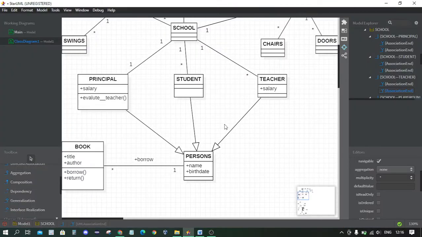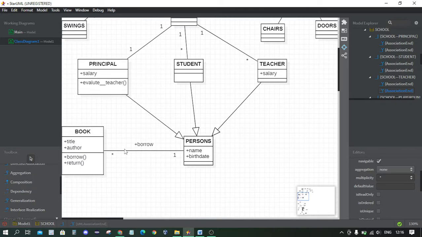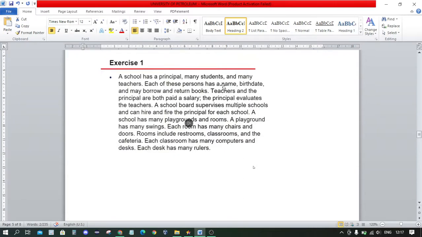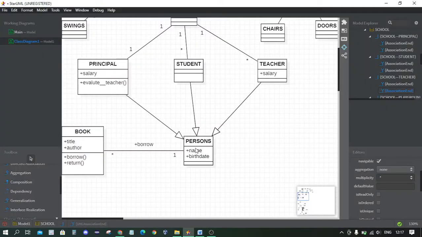Each person will be linked to another class named book. So each person has a name and a birth date.